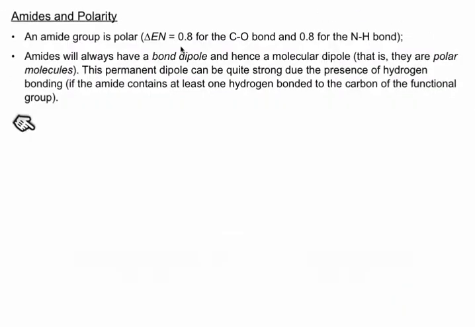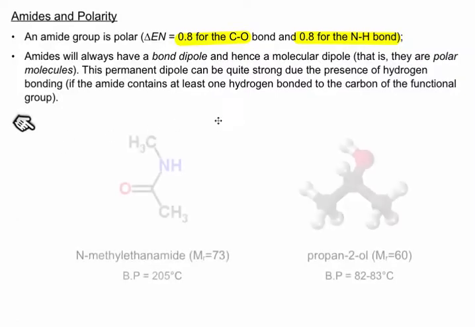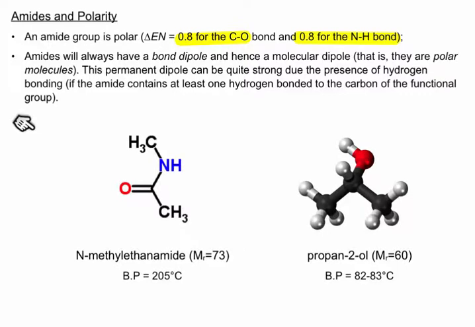Amides in polarity. Well, again, polar with 2 components to that functional group that are polar. So that C double bond O is polar, and the NH bond is also polar, 0.8. So amides will be polar molecules, and they can have quite a strong or high boiling point because they have these 2 components that have the capacity to form intermolecular forces, and one of which is hydrogen bonding, and that's from the